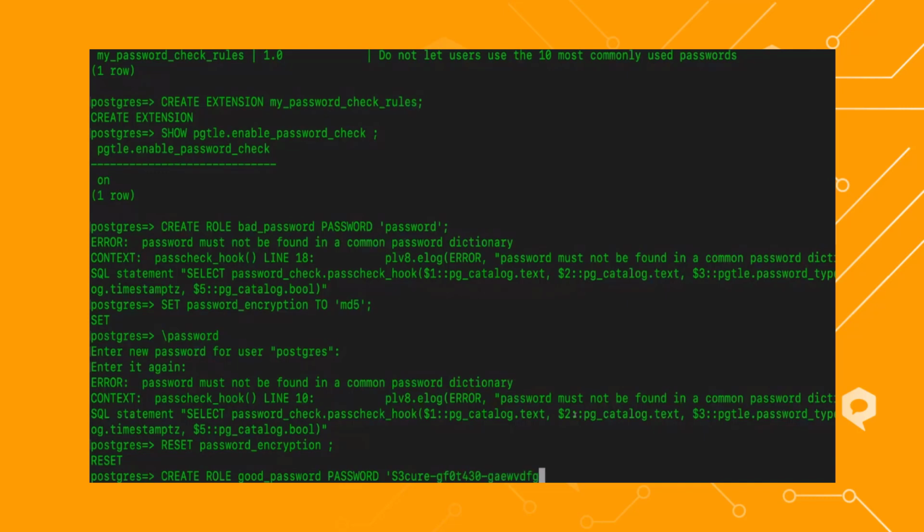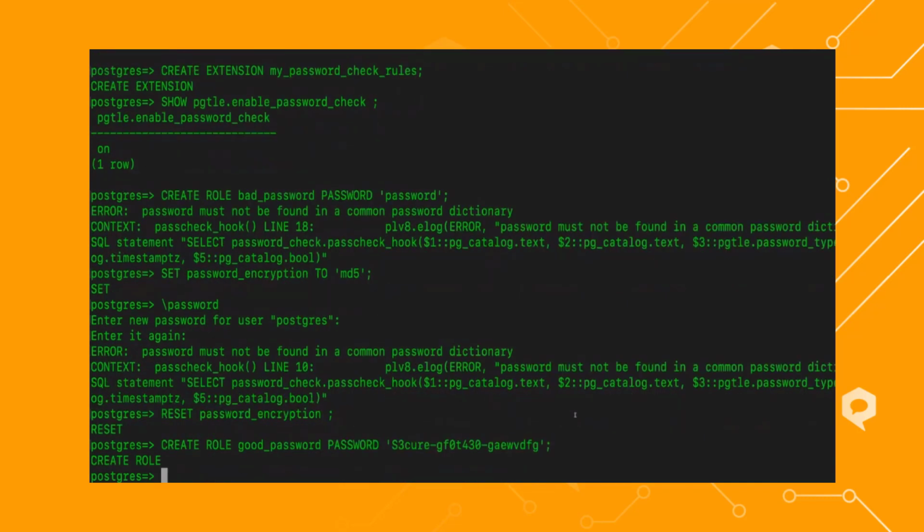Yeah, here's a bunch of random stuff, and that works. So we can see that the password hook is doing its enforcement checks correctly, based upon the rules that we defined. Now, if I were to drop this extension,